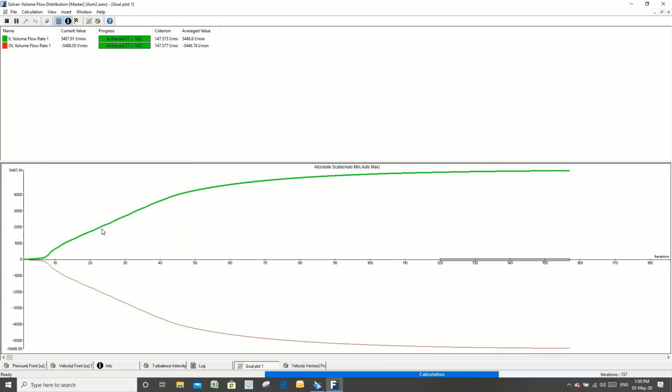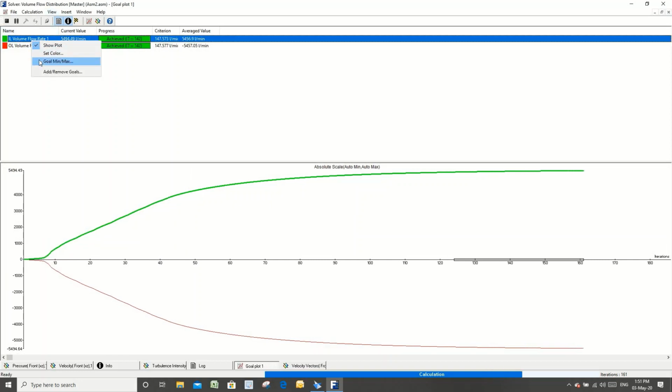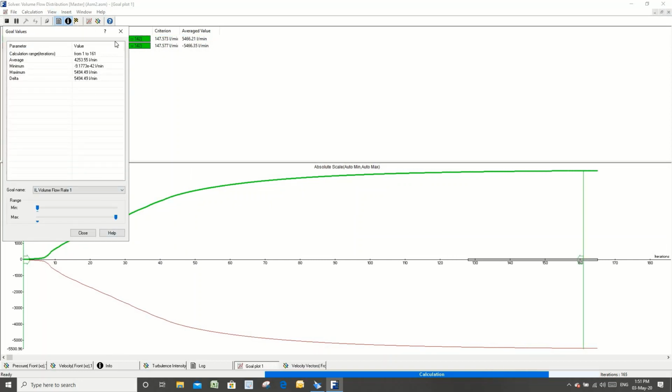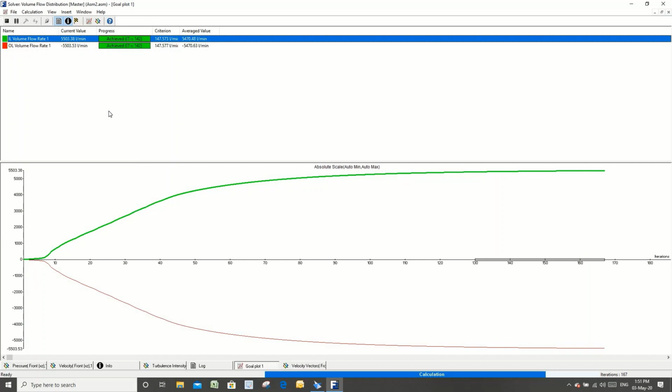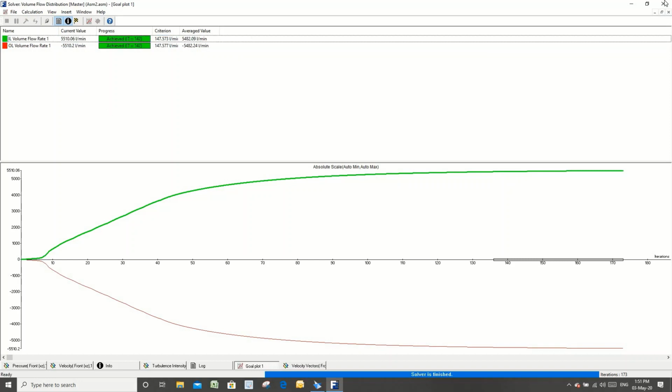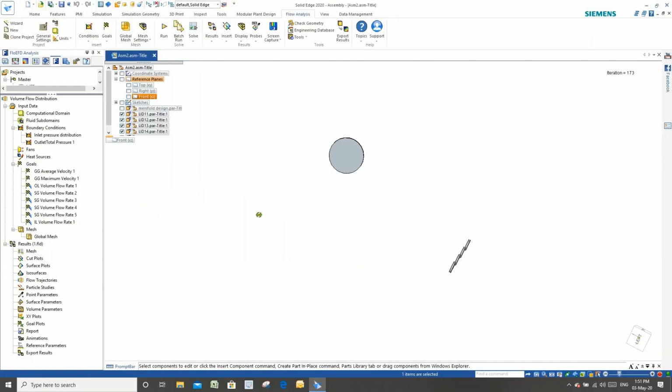And it has achieved the convergence, but it will take some extra iterations to give you the final output, so that you can make sure that your results are more accurate. And parallelly it will take all the other goals into consideration. So I just took only 2 for the visualization, but in the back end there are a few more goals. Okay, so now it is completely solved.